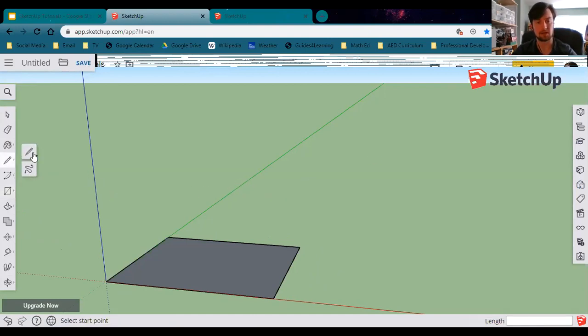Then make a line starting from the midpoint right here, going out to the right, and you can see the line is red right now because it's parallel to the red axis. We'll make that 4 feet, 4 apostrophe. Then pretty simple, connect from that point over to this vertex of the rectangle, and same thing on this side. Just like that. Then let's click on the erase tool